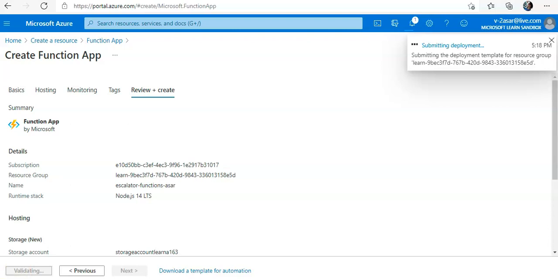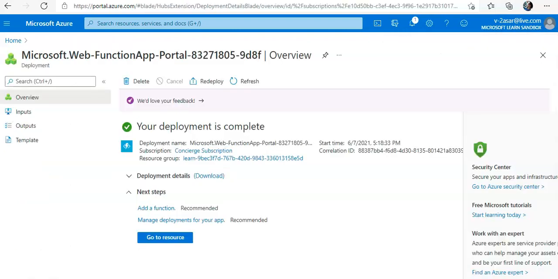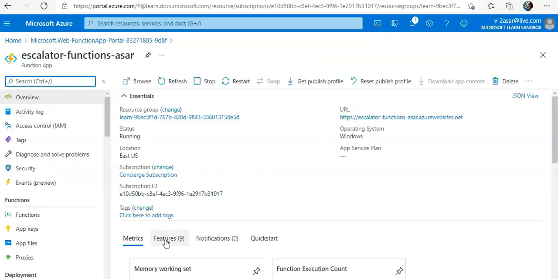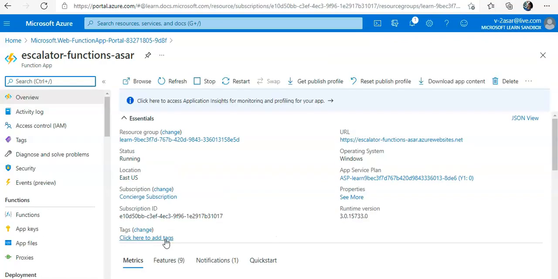Let me pause this recording and come back. My deployment is done. I'm going to click on go to resource. You see the function app here. Now I can run the code on demand with Azure Functions. So there are